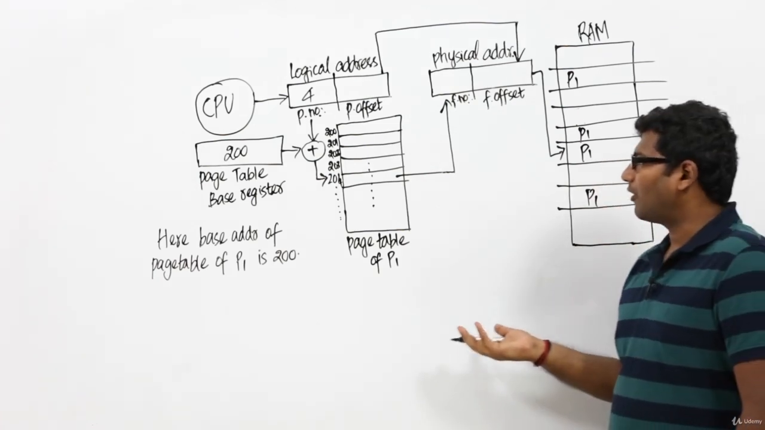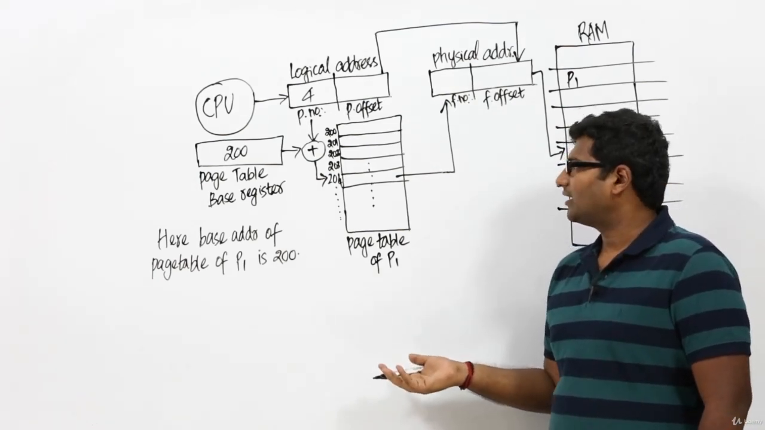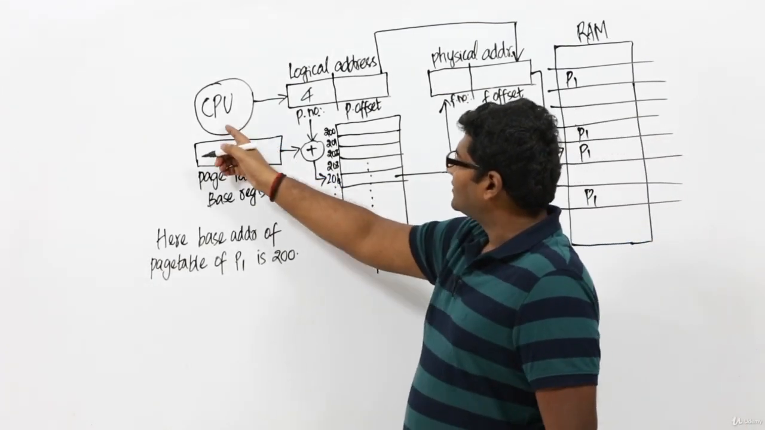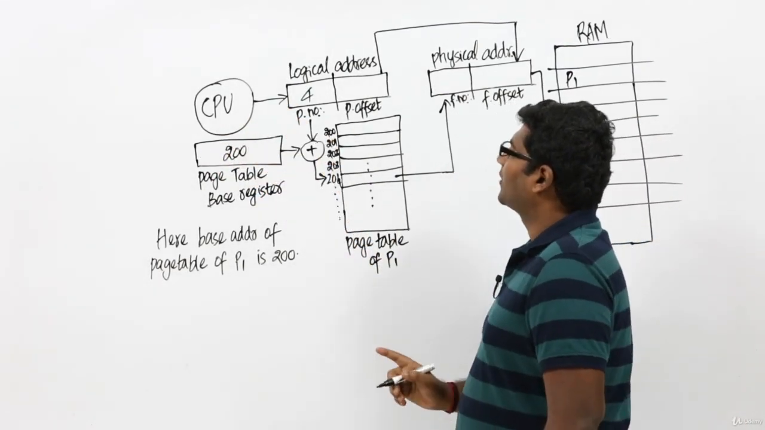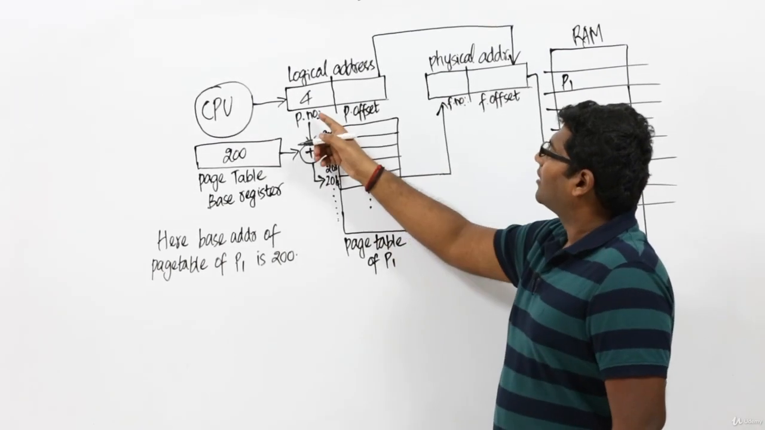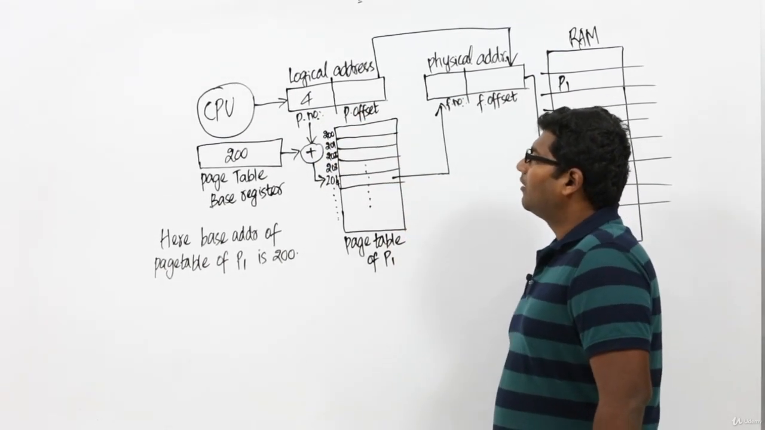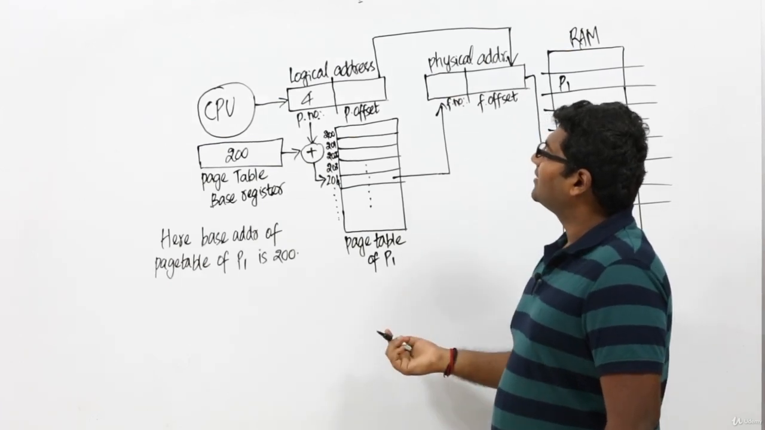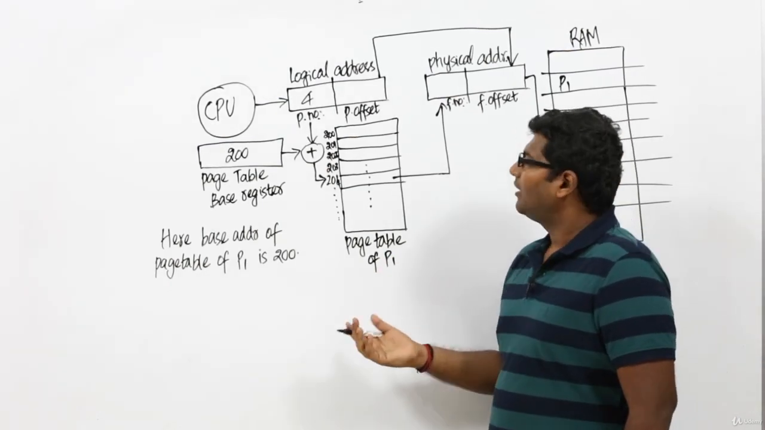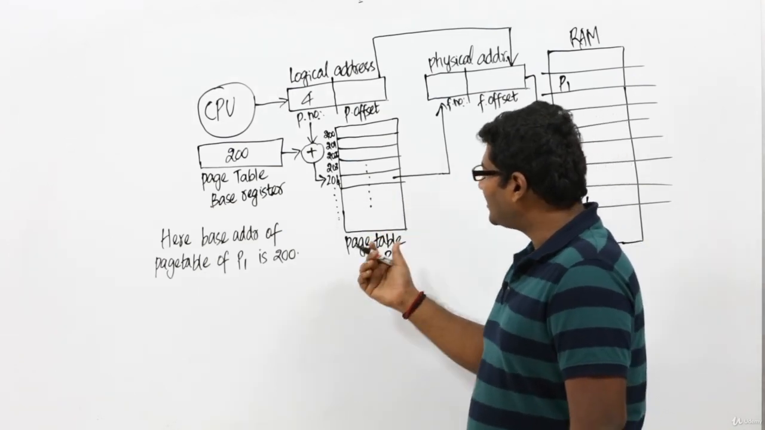And similarly, our process will also be divided into pages and it will be placed in RAM. Fine. Now our CPU has generated a logical address. And as you know, a logical address will have two fields. One is page number and another one is page offset. And once it has realized the process which it needs to execute, it will also load the page table base